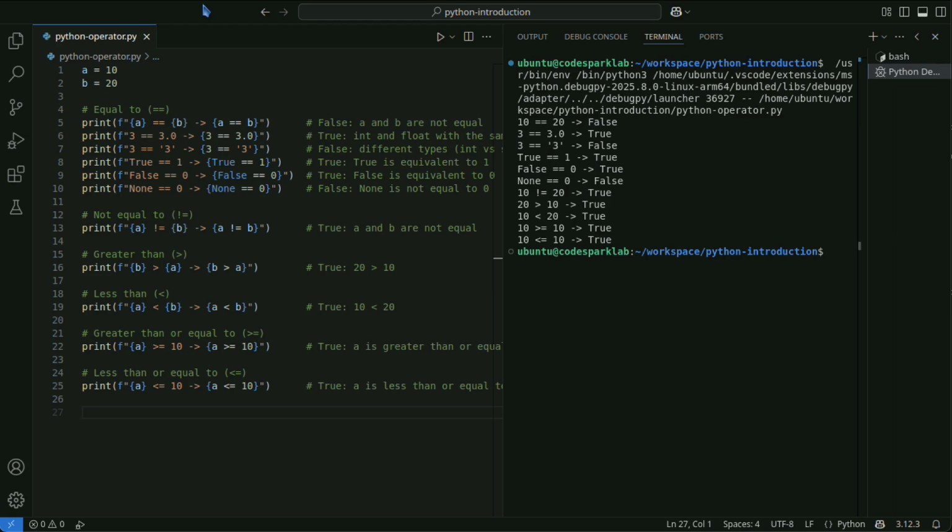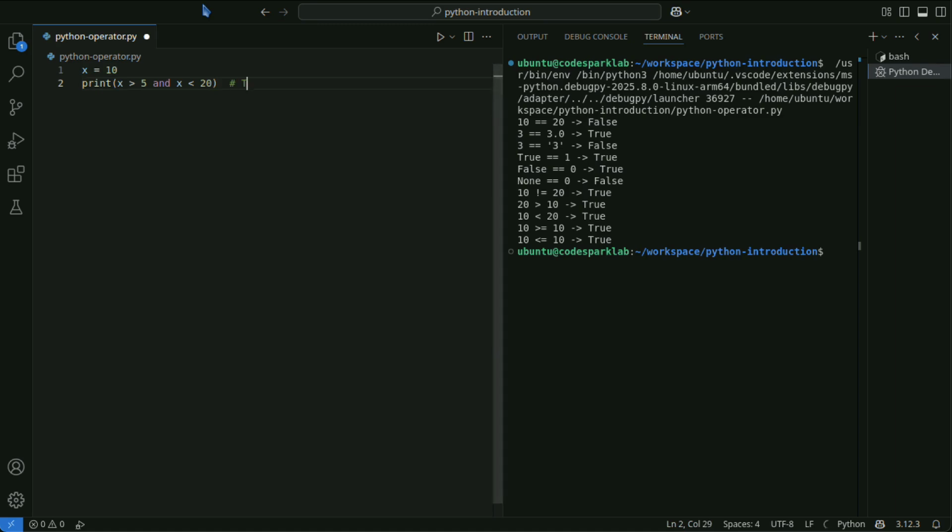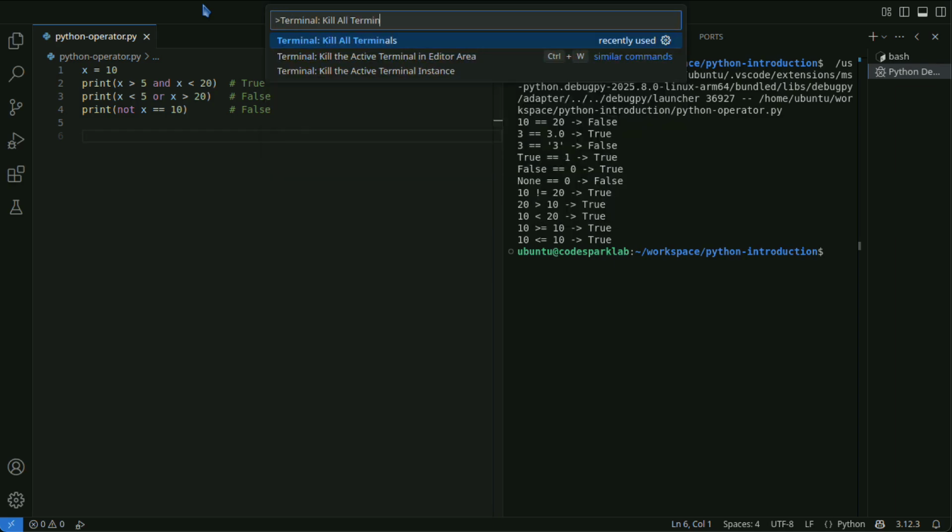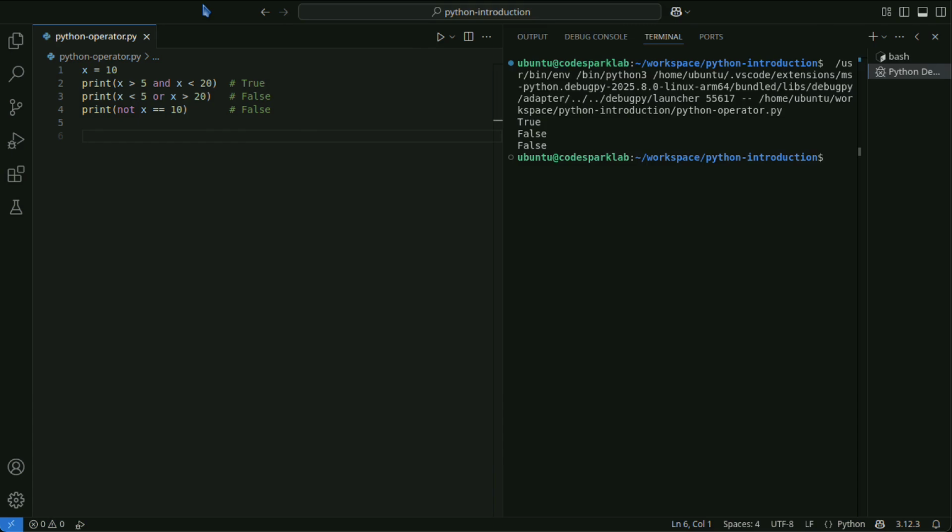Logical operators are used to combine logical expressions. And is a logical operator that returns true only if both conditions on the left and right are true.